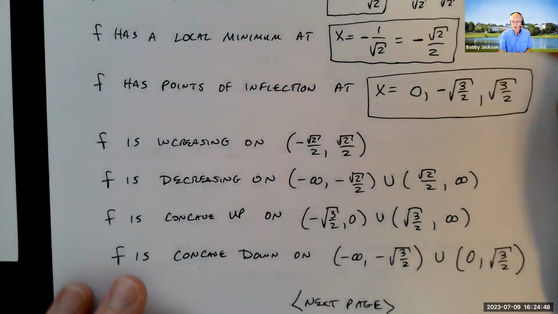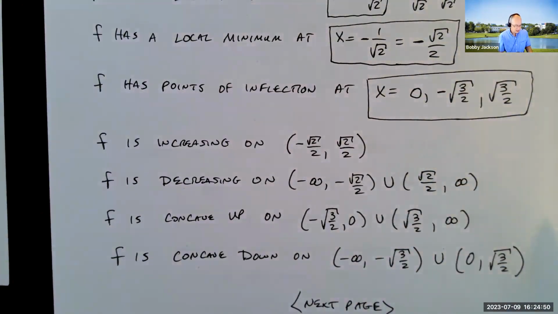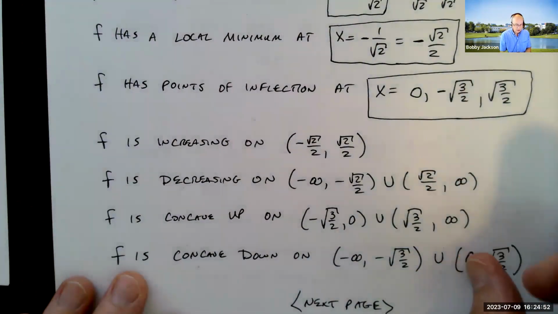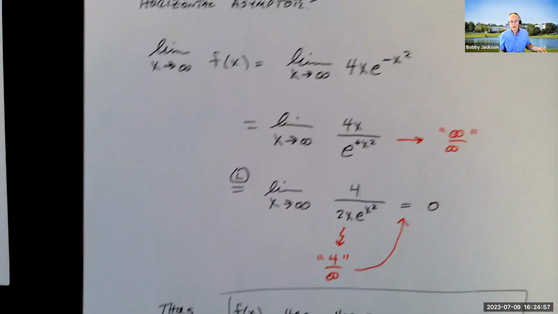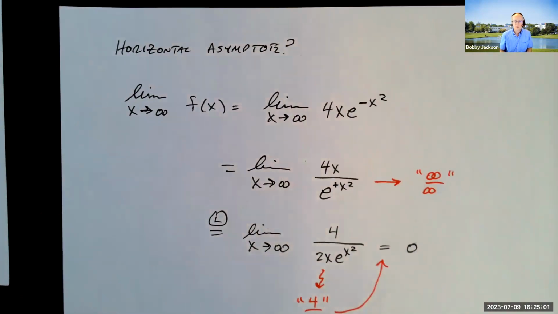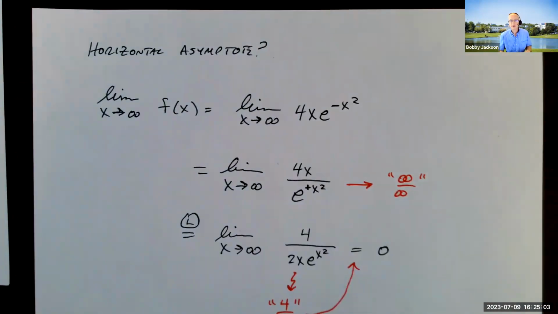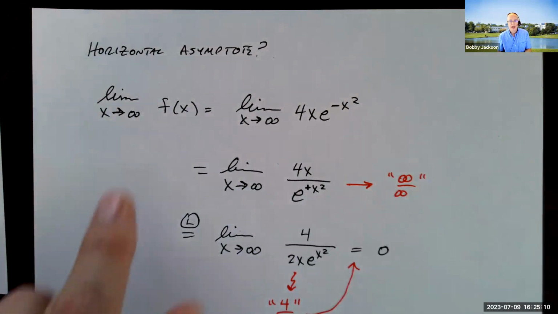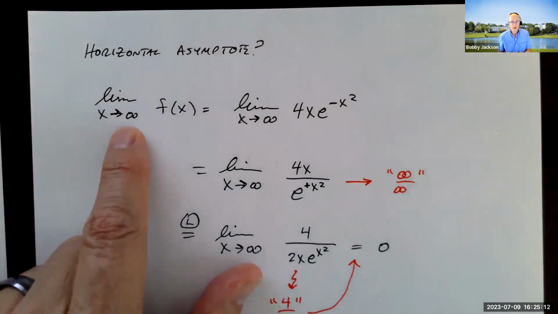Okay, so these are all the things that you're plugging in, so you have to be careful to do those correctly. Now, there's one other thing to check, and then sketch the graph, which is pretty easy. Is there a horizontal asymptote? Remember, horizontal asymptotes are what's happening to the function as x gets large in absolute value, going to either positive infinity or negative infinity. And in this case, let's look at the limit as x goes to infinity of our